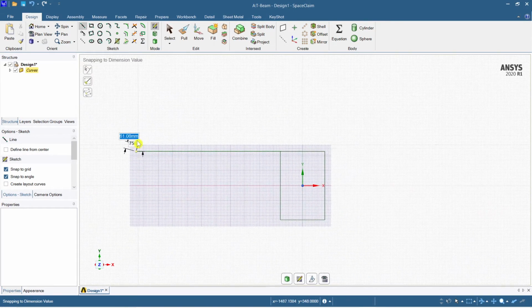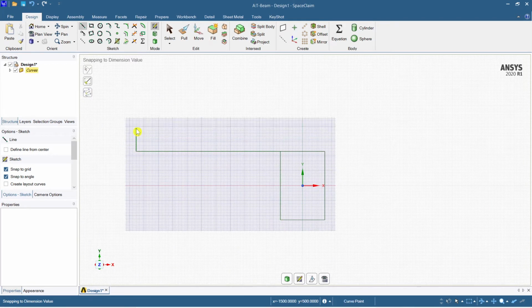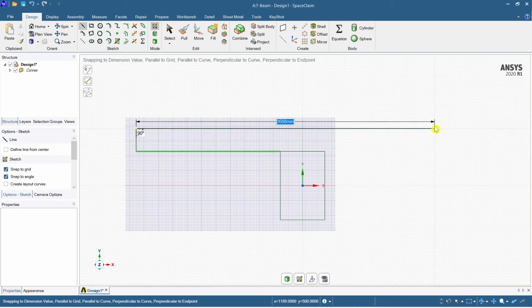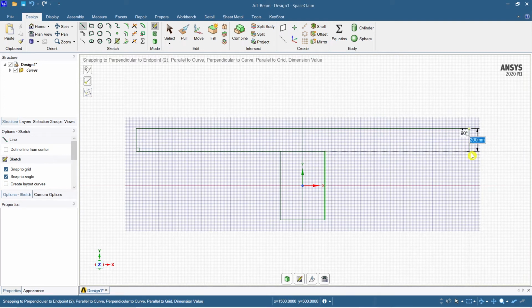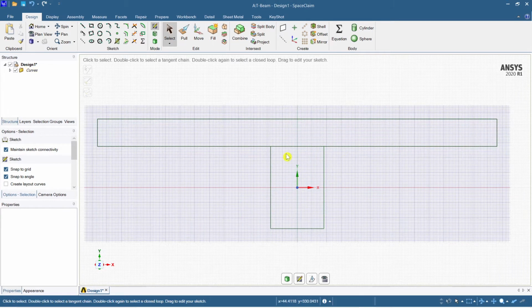Fine. So the depth is 200, so make it 200 here. Finally just come back and take 3000 mm. I think it will take it directly here. So this is 200 and finally you are up to 1300 mm. I think you came to know how to do these things here.